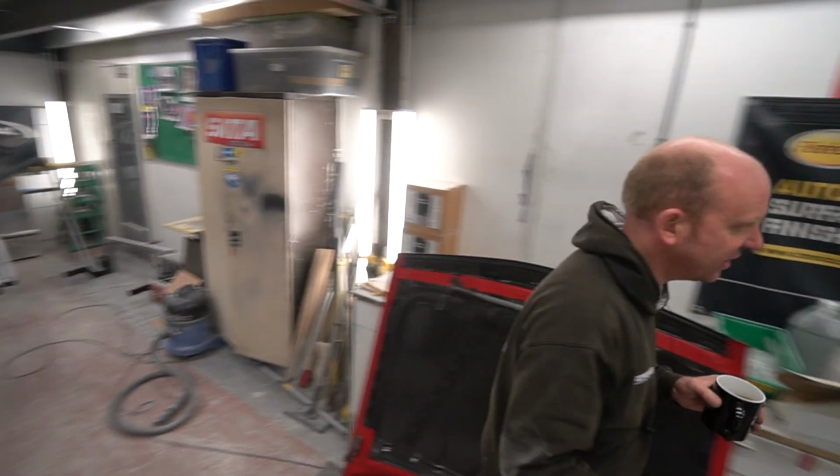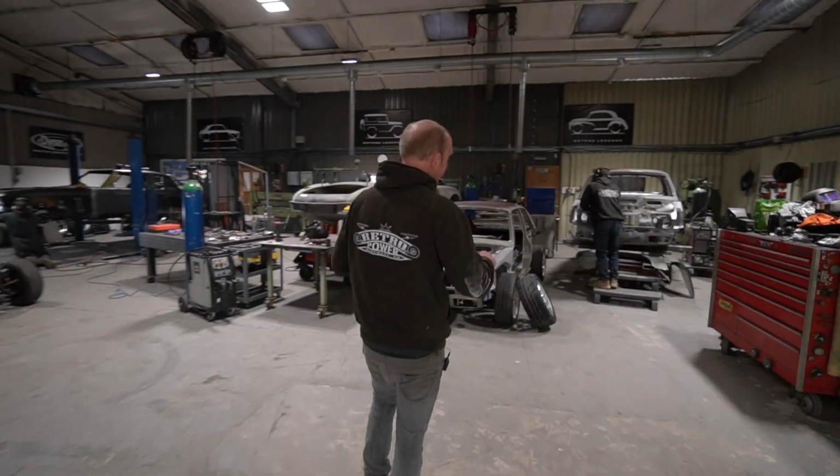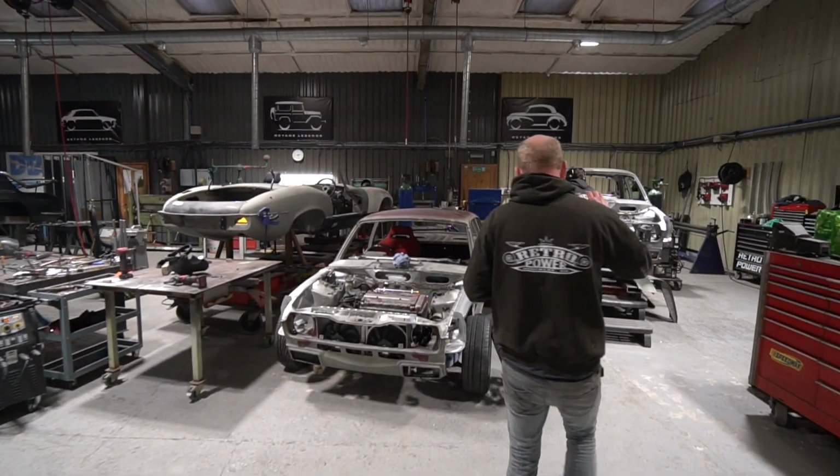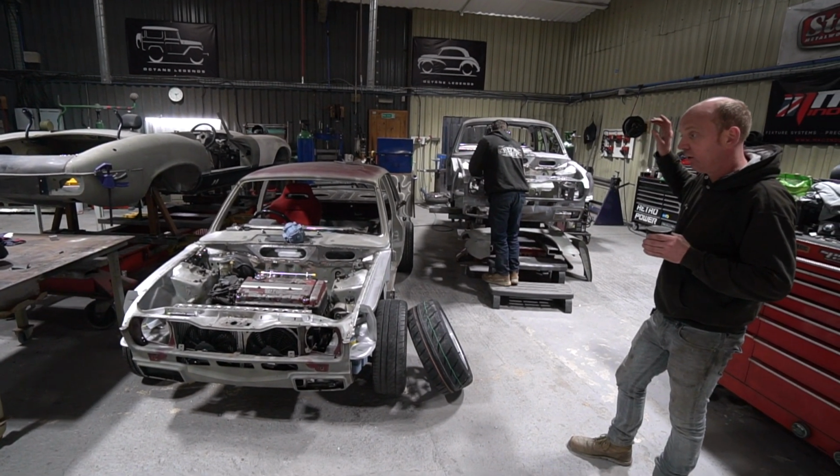Brief touch on that, and then we'll wander out here to the rest of the workshop. And we've got progress on several fronts here. We've got the Allegro project. Sam's just been working on the